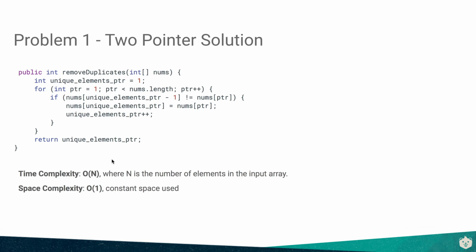So now we've reduced the solution to this problem to a complexity of O of n, because there's only one for loop going through or traversing through the array, right? And the space complexity remains as before.